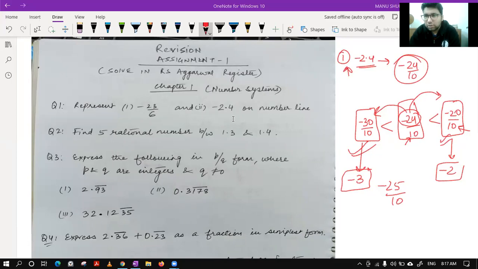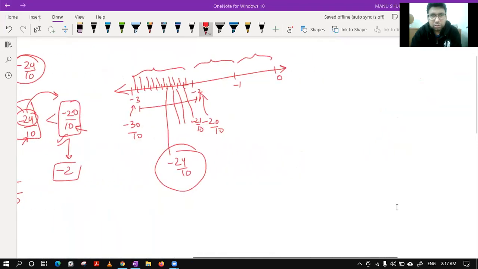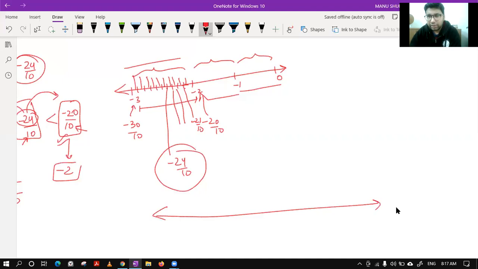That is fine. So distance between 1 and 2 should be same. Yes, distance between all these should be same. Between this 0 and -1, -1 and -2, -2 and -3, all should be same. Because in a number line, this is the only rule that we have studied, that all these intervals should be same. You can't do like this, that you have taken for your question -2 here, -3 here, then -1, 0. This is not correct.